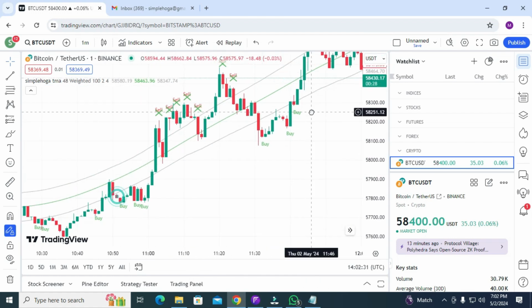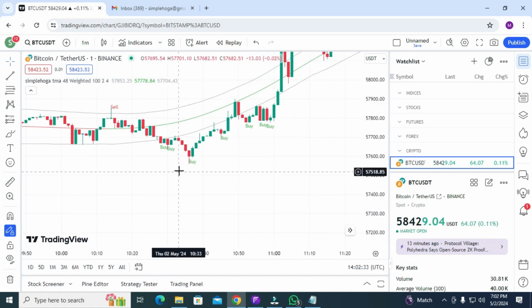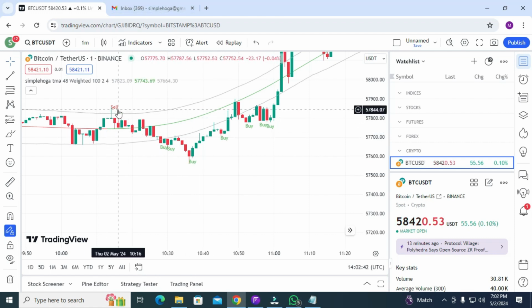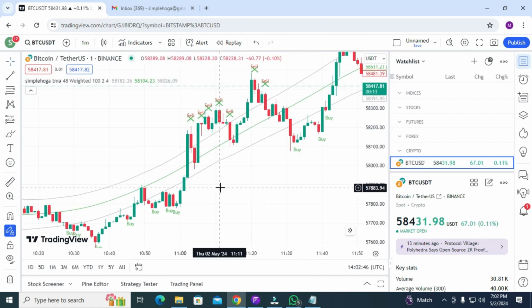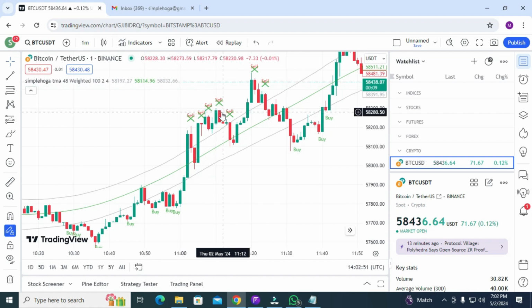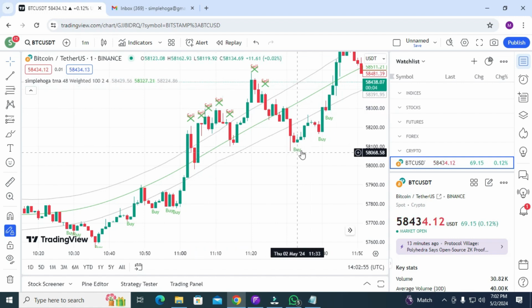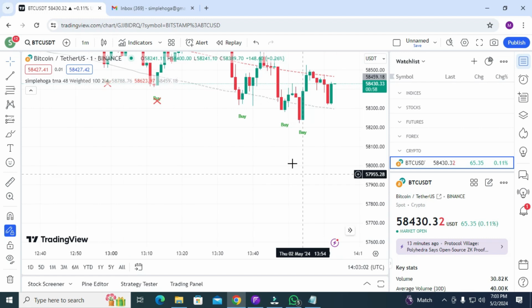Okay, now you can see what this indicator looks like, but for BTC this indicator is mind blowing. You can say it's awesome. Okay, you can see there are some sell signals and buy signals, and one more thing, there are some signals with a cross. With the cross, that means you do not need to go for the sell trade. If you have a question that the signals come late, let me show you a demo.